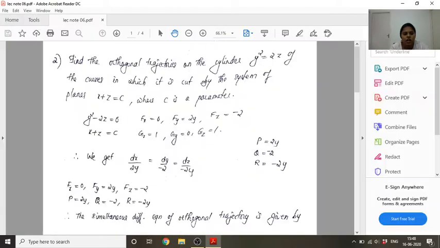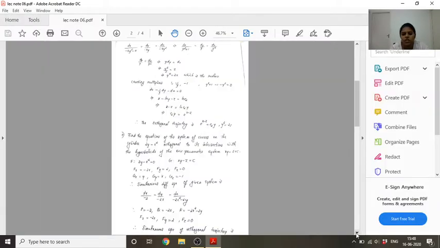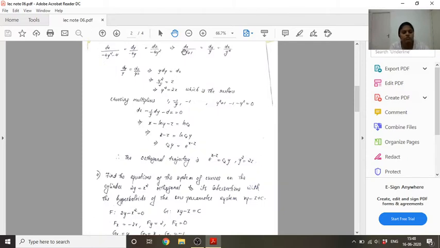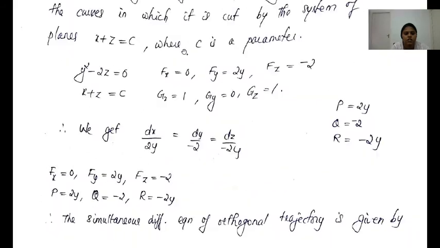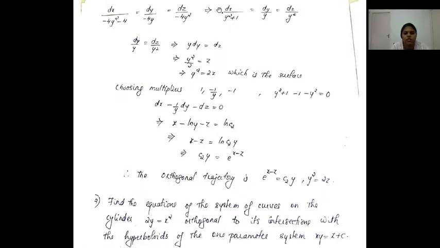So find out P dash, Q dash and R dash, and then by solving for P dash, Q dash and R dash, this is what you are going to get. So you are going to get dx by y square plus 1. So this minus 4 will cancel out. So you can rewrite it as dx by y square plus 1 equal to dy by y equal to dz